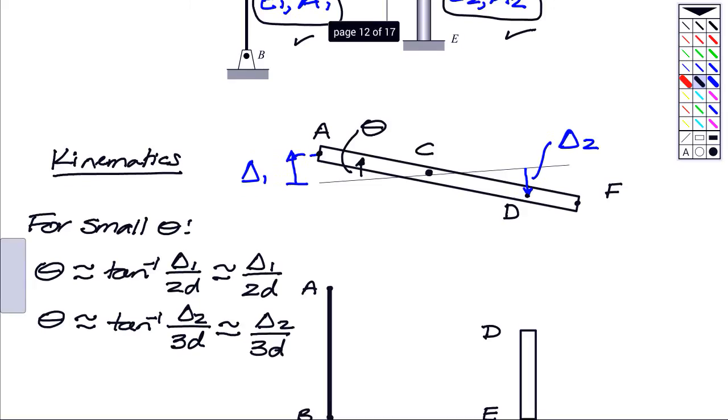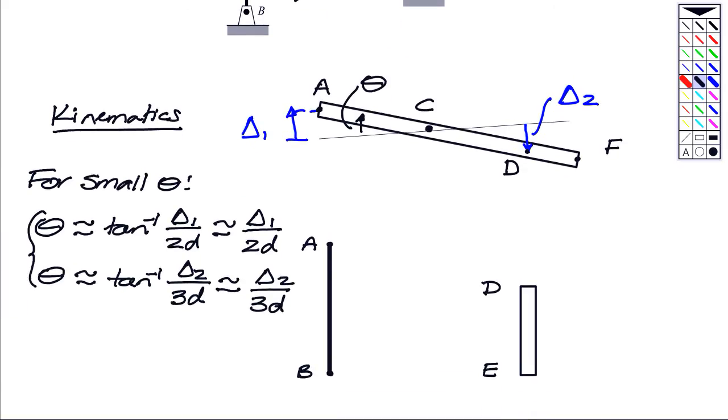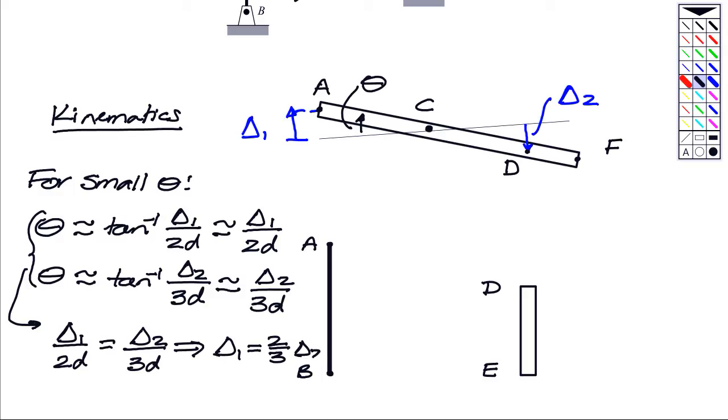So therefore, with these two angles being the same, what we have is the ratio of delta 1 to 2D is equal to the ratio of delta 2 to 3D. So from this, we say that for any rotation of that bar, the stretch or compression for segment 1, delta 1, is 2/3 of the stretch or compression there for column 2 once the bar is in contact with that bar. So what we have here is that for part A,